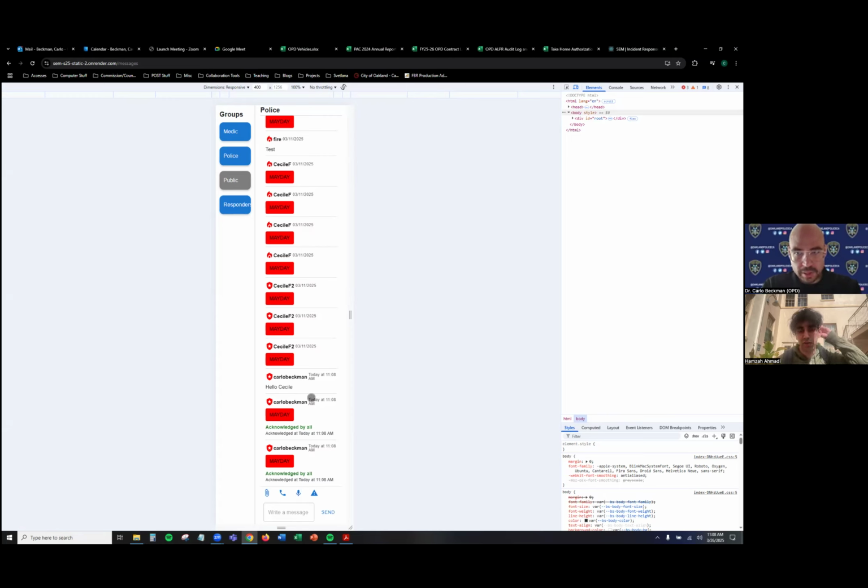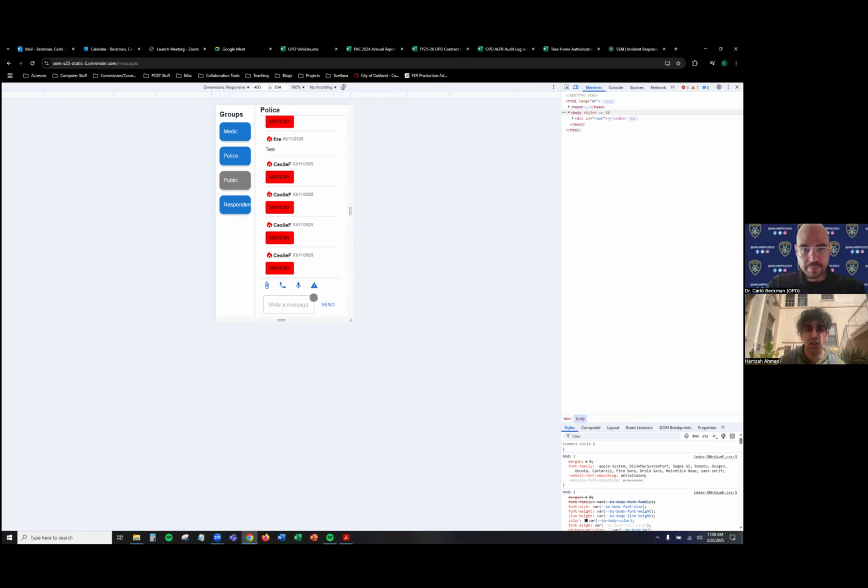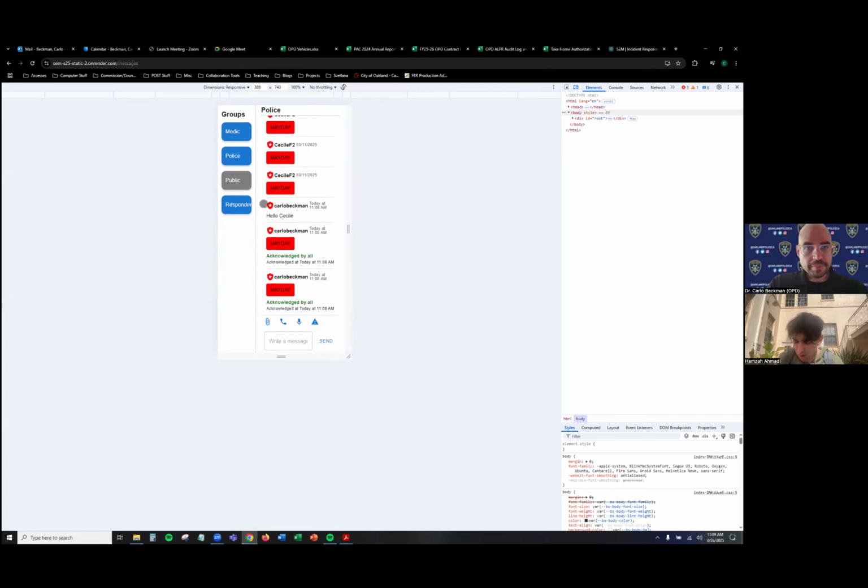But sorry, can we try something to make it even more realistic for a phone view? At the bottom there are the two gray lines at the bottom of the screen. If you can drag it up, like to the middle, a little bit lower. Yeah, that's about the size of an iPhone.